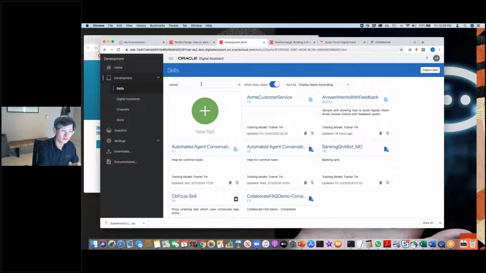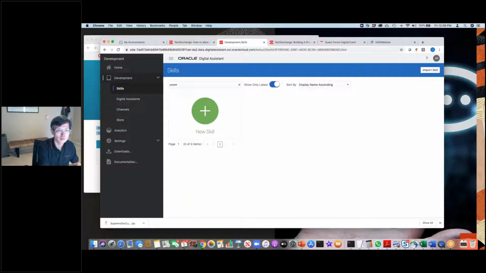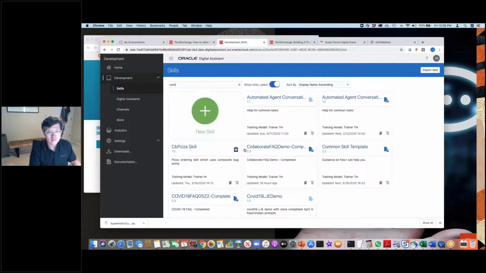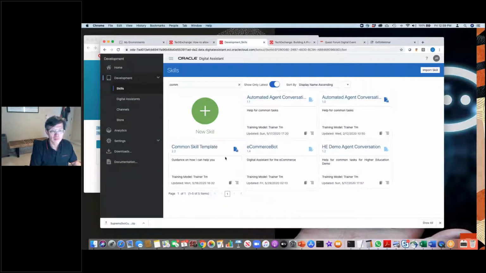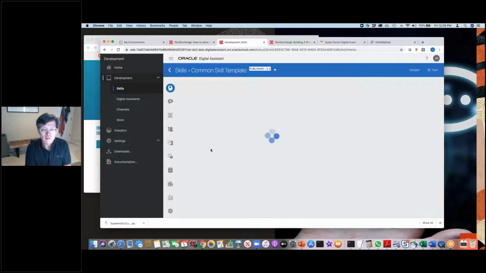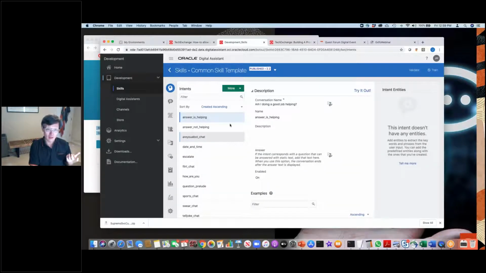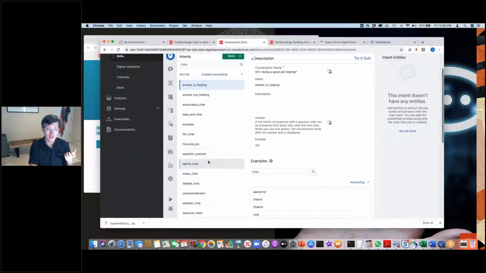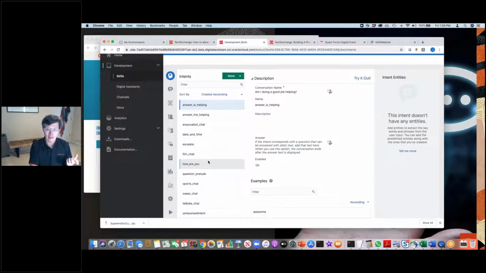The first part of this template is the common skills template, and what you can see is there are a lot of intents that handle common interactions for a FAQ bot. Rather than you training a digital assistant and providing these examples and intents, where an intent is basically what the user wants to do in a chatbot,